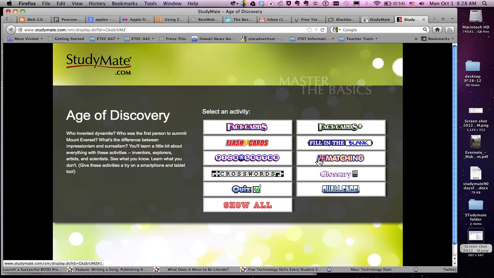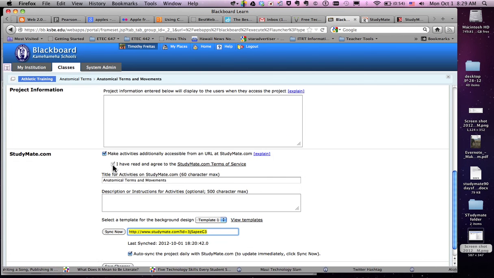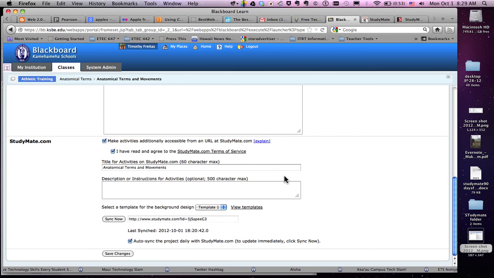It would show up like this, and it would have the title of your course. Right? So coming back to here, after we do all of these, you have to agree before you can make activities available. If you don't click on this, you notice you can't select make activities. So you have to agree to the terms and make sure you read through them, and then select activities, and you can sync it now, and you can auto sync it,